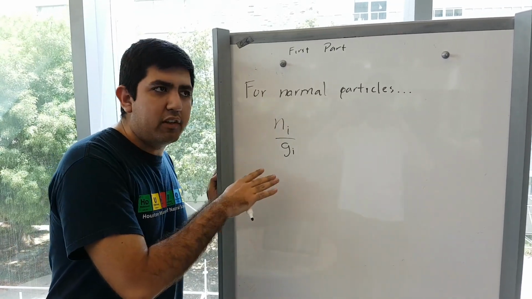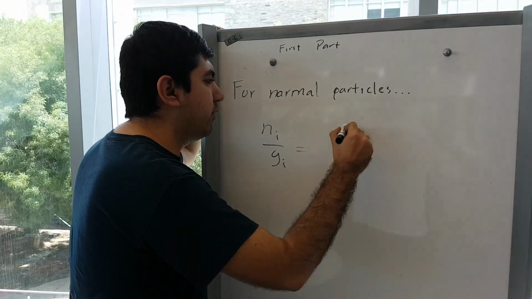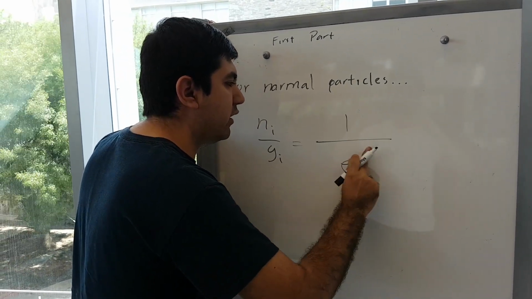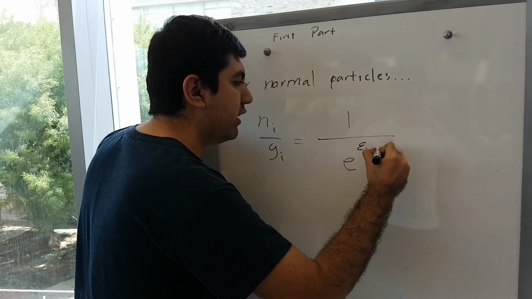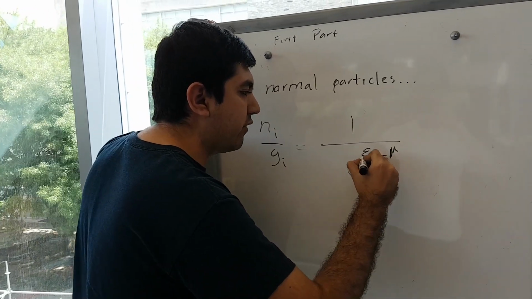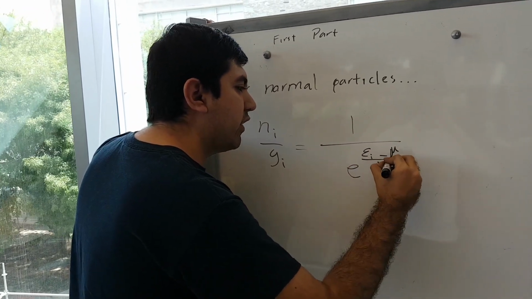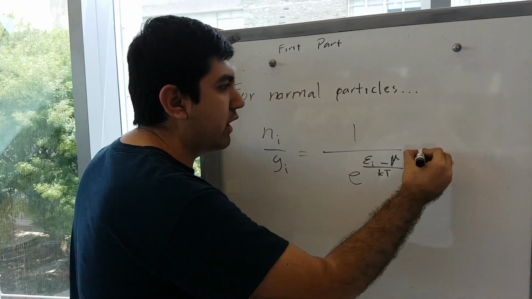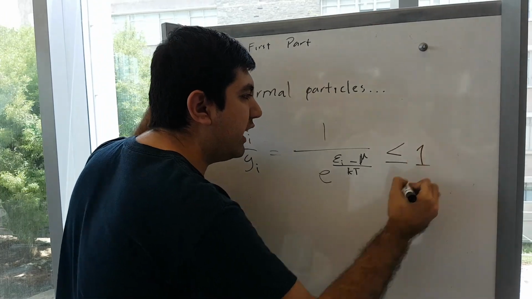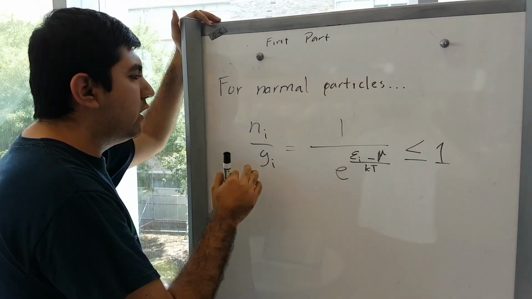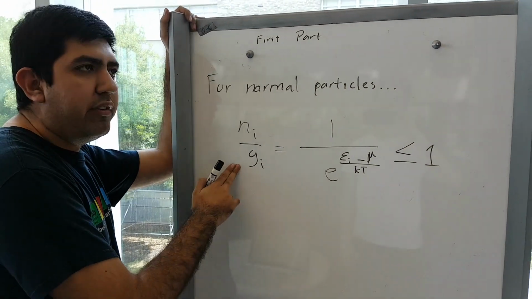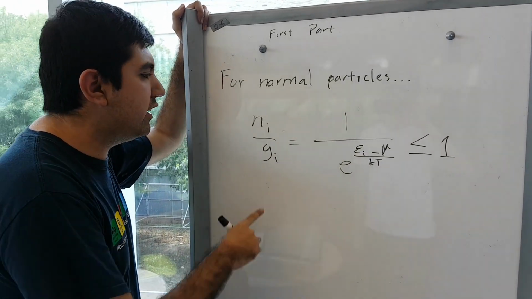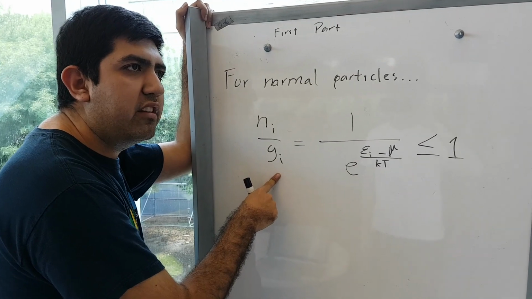So what do we commonly do with the original? We actually follow this little distribution right here, which is actually dependent on the amount of energy that we have in that level. We subtract that from the chemical potential, and we divide it by the Boltzmann constant and the temperature that we commonly have. And we know that this is actually inverse to 1. What this actually tells us is that the number of atoms within a given energy level should be equal or less than the actual degeneracy levels that there are.